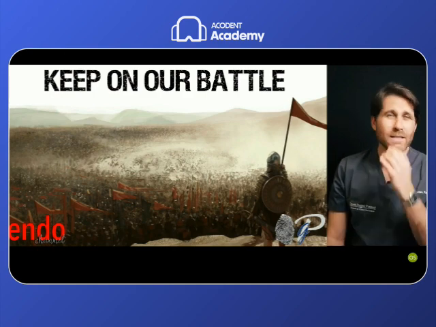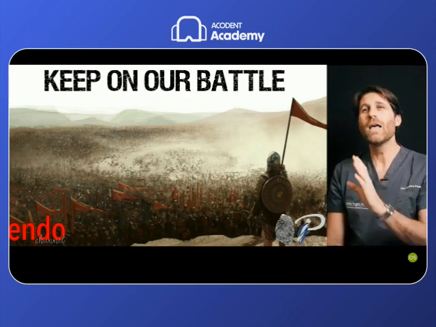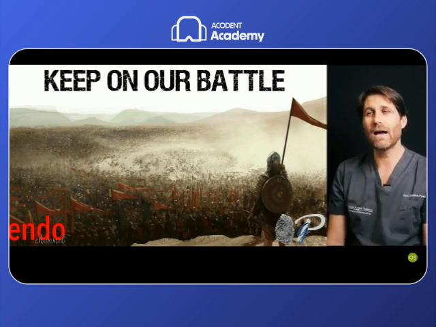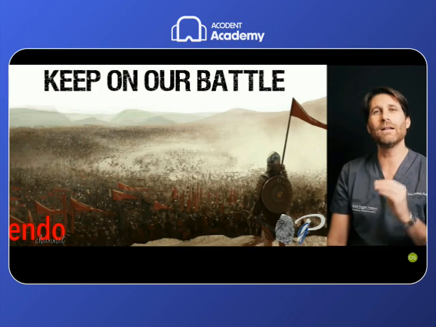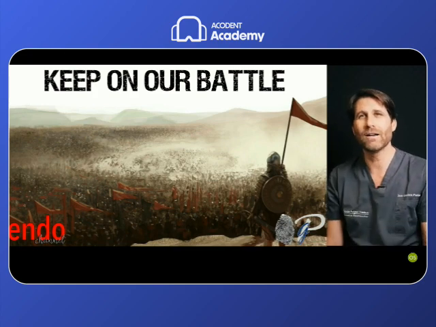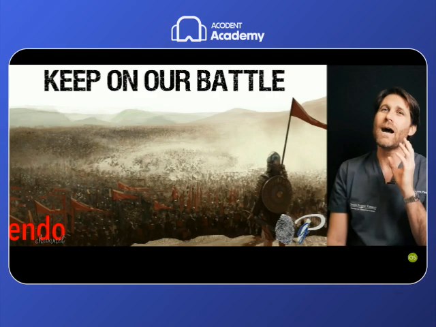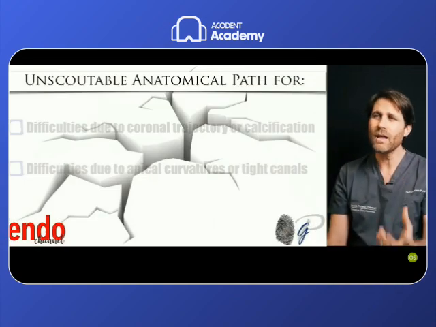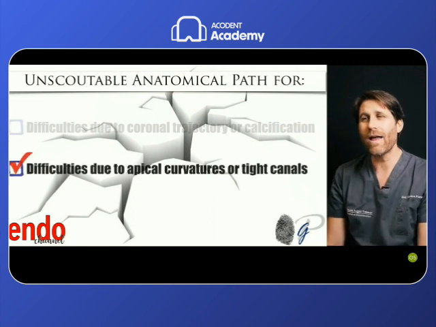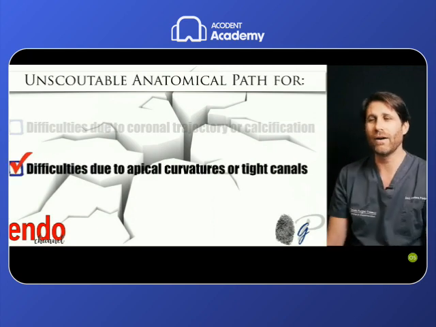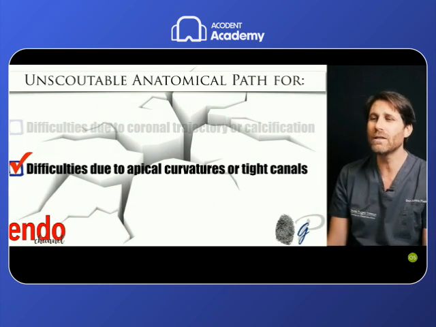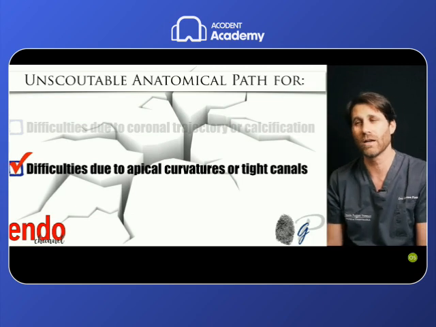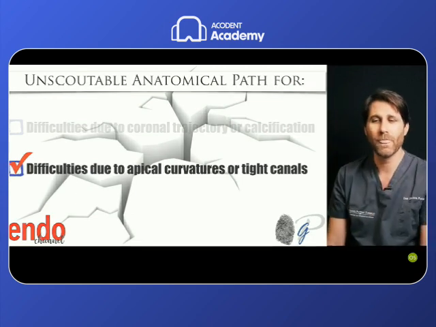In primary treatments, I use more the Reciproc Blue instruments. But before using the Reciproc 25 instrument for the apical scouting, I prefer to fight my battle in a different way. So I try a different technique in primary treatments, because I prefer to use a more delicate instrument and a more delicate technique to try to scout the unscoutable anatomical path, due to the presence of anatomical curvature or tight root canal, especially in the apical third.